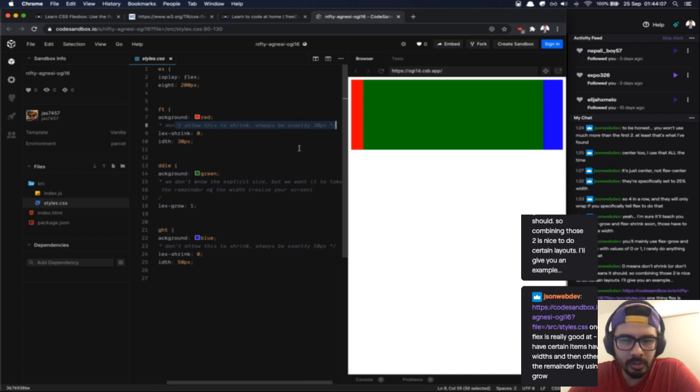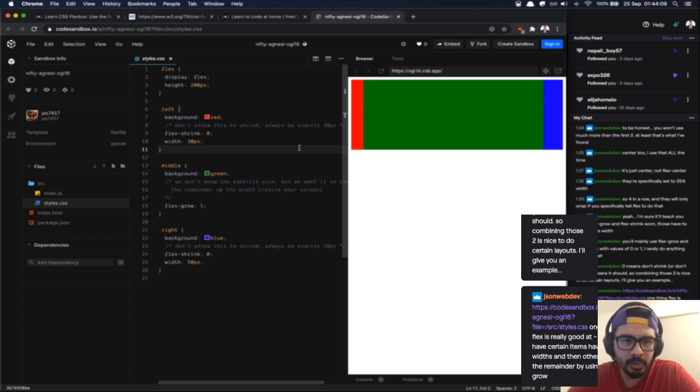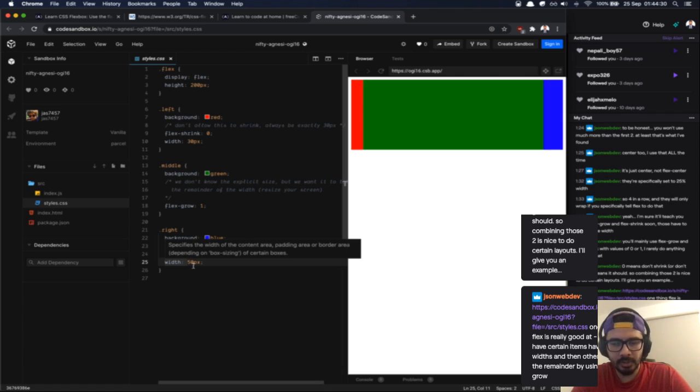Always exactly 30 pixels. Middle is green, flex grow 1. Right is green, flex 0. Alright. So it's telling it we're disabling the shrink. The width. What happens if I change it to